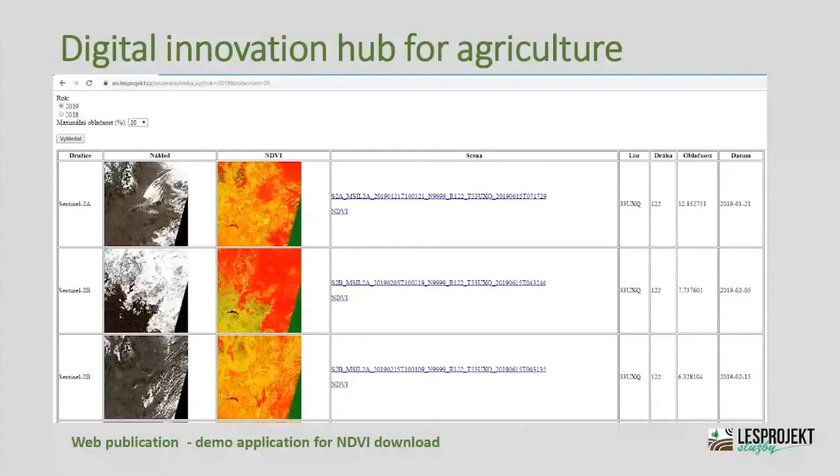And then you can see that using our tools, we have calculated NDVI indices. Prior to NDVI, we have of course calculated L2A images, because we have been downloading level 1C without atmospheric correction.